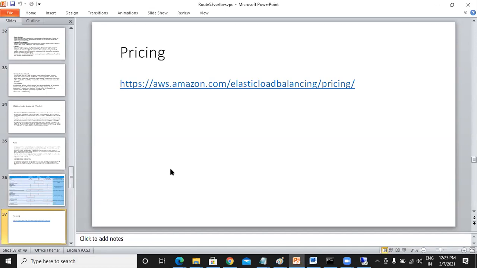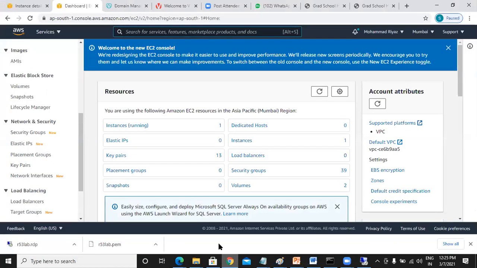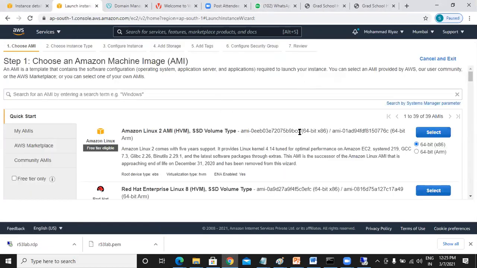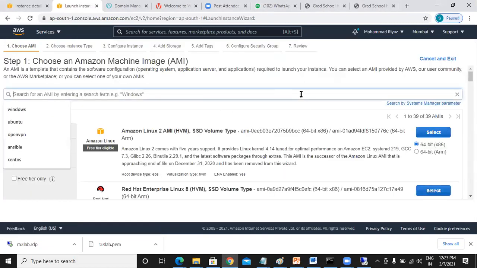All these are the functionalities of your load balancer. If you want to define any load balancer or anything in the AWS environment, all that you need is a minimum of 2 servers. So whatever you have loaded here, same to same, you just need one more server. So I can say instance, launch instance, and I can select Windows.